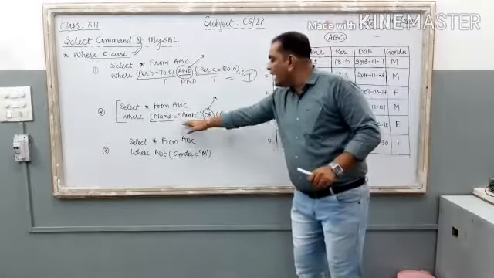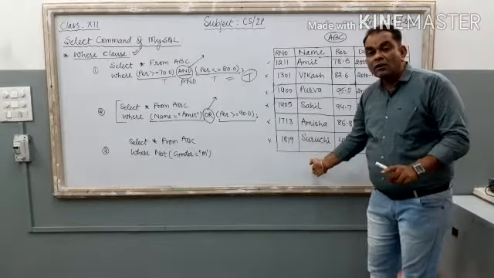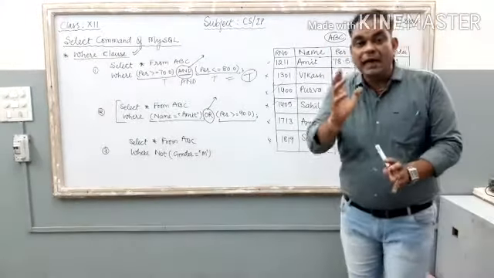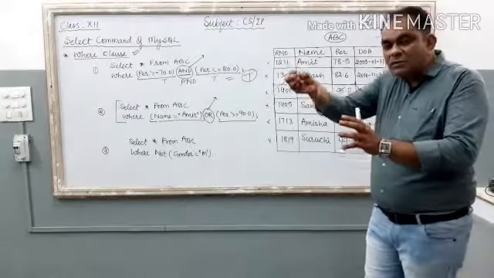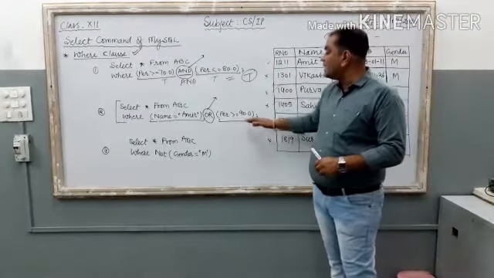Right? So here, name equal to Amit. Very first, the computer is going to find out the records that contain the name Amit in the name column. All the records are filtered by the computer. Now the second condition, percentage greater than or equal to 90.